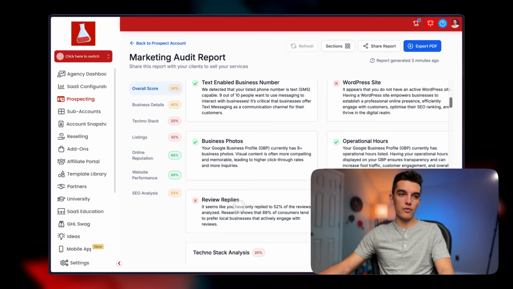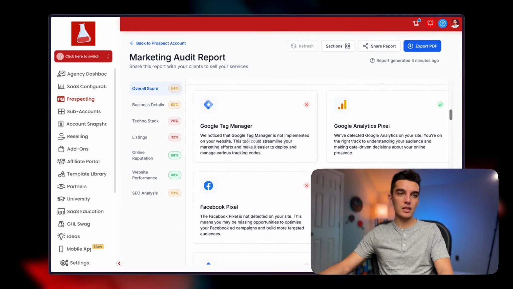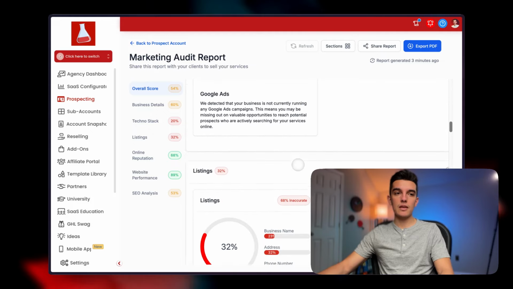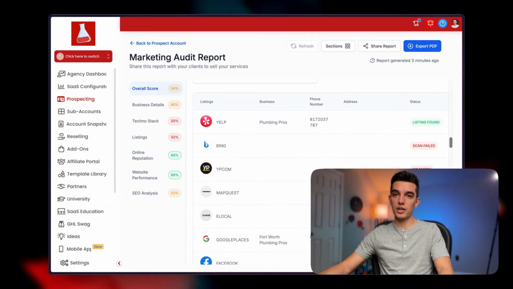There's not enough review replies based on this percentage. Doesn't look like there's a tag manager. Looks like there is a Google Analytics pixel. So it's going to give you a bunch of details that may help you convert this into a marketing client